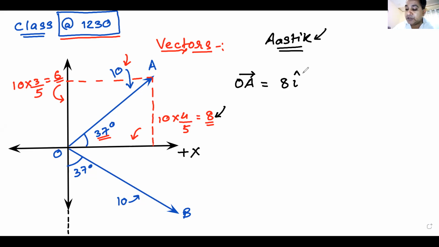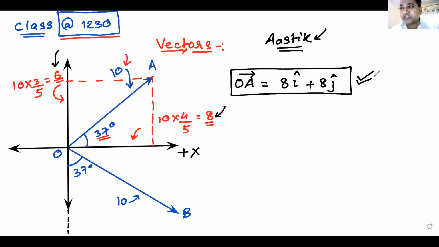Looking at the y component, it is 6 and it is going in the upward direction. That means it is plus j. Yes, Chaturya, you are correct. Plus 6j. This is how I can write the vector OA. I hope everyone understands this. You'll be very interested to know that all these small things, today we'll be solving a lot of problems from your DPP, from your exercise. And you see all these small problems will get you bigger answers. So OA vector is 8i plus 6j.